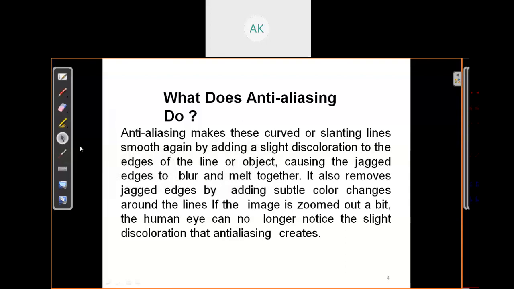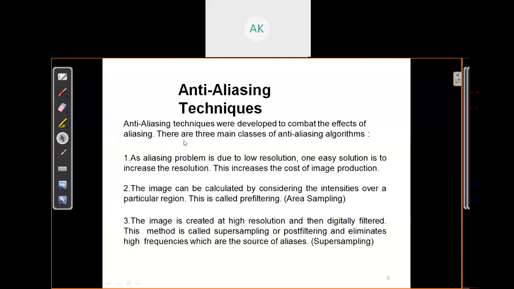Let's discuss the techniques. There are three methods or techniques of anti-aliasing. In the first method, as the aliasing problem is due to low resolution, one easy solution is to increase the resolution. The first solution to overcome the aliasing effect is just to increase the resolution.